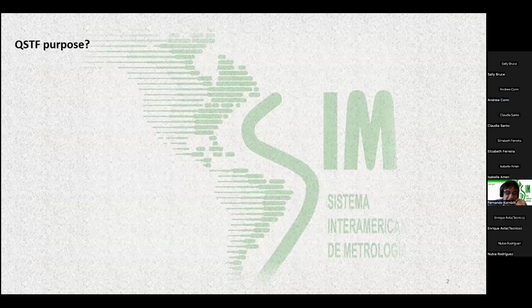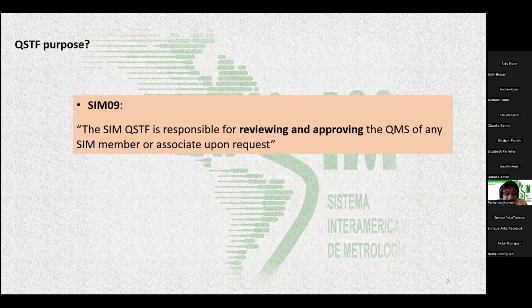with previous presentations from Sally and Isabel, I believe it's clear what is the purpose, the objective, the reason why we have QSTF. Basically, to answer this question, we can go to the base document for QSTF, which is SIM09. SIM09 explains the purpose of QSTF. It's responsible for reviewing and approving the quality management system of any SIM member or associate upon request. So